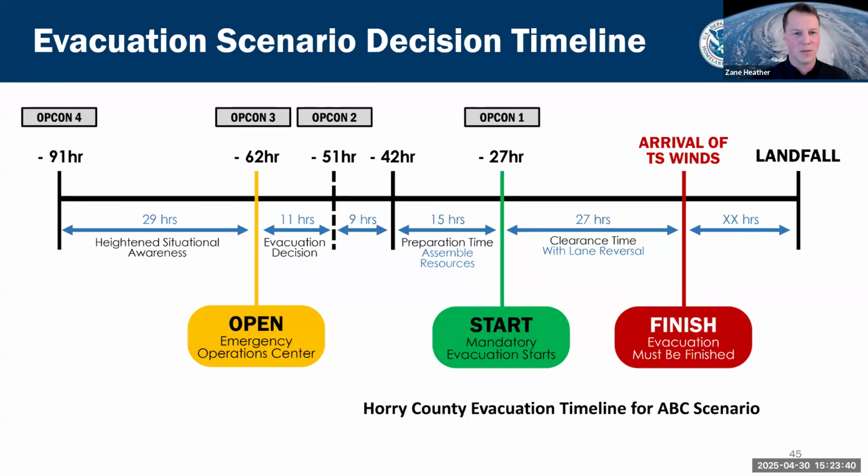Another thing I'd like to point out is this is not just tied to evacuation information, but they also have baked in additional emergency management operation information, such as opening the EOC. So the big takeaway is if you're building out decision timelines, it doesn't only have to be for evacuations, but for all the actions that you would like to take. You can operationalize and integrate that information through various planning tools and products. Primarily, HURREVAC is the one I'm going to talk about here shortly, but it should be comprehensive of your planning and operational posture leading up to this.